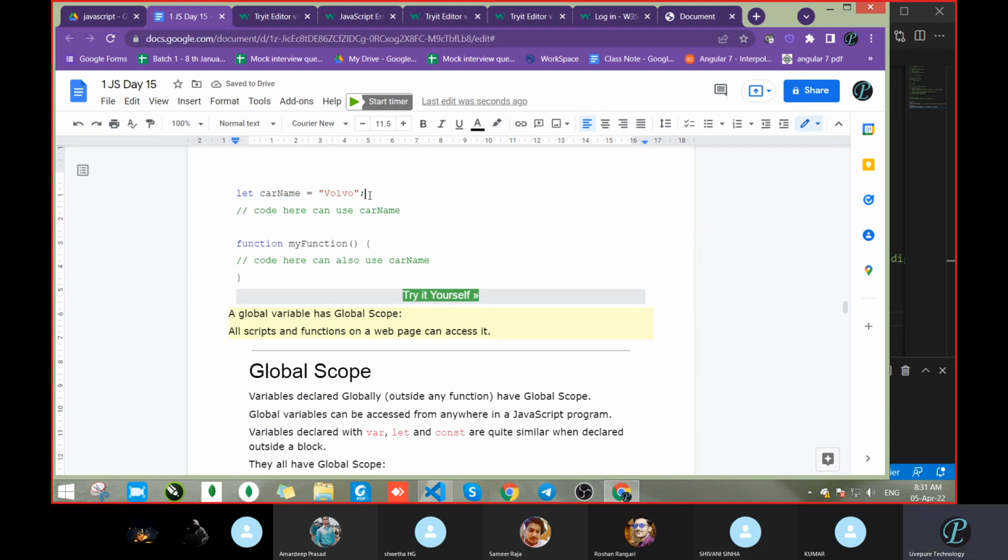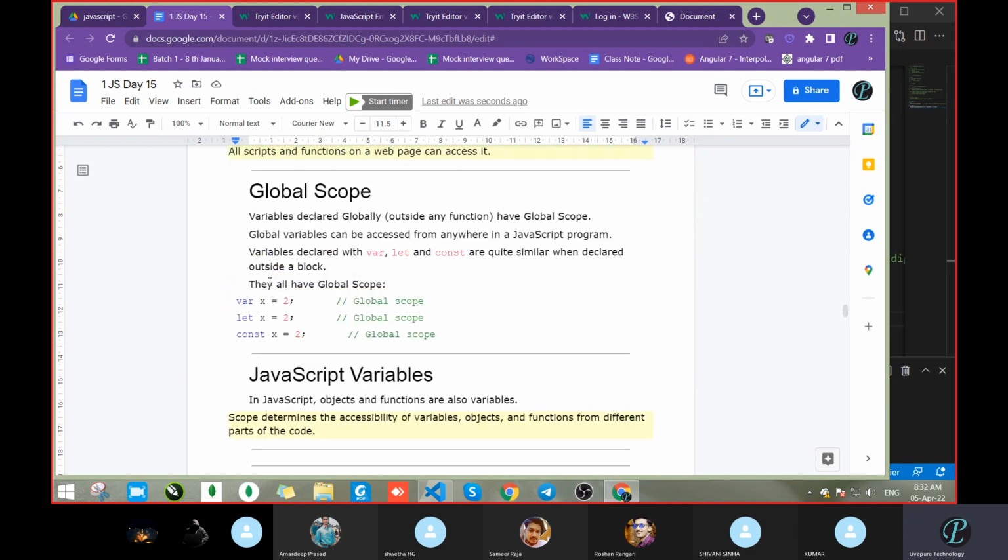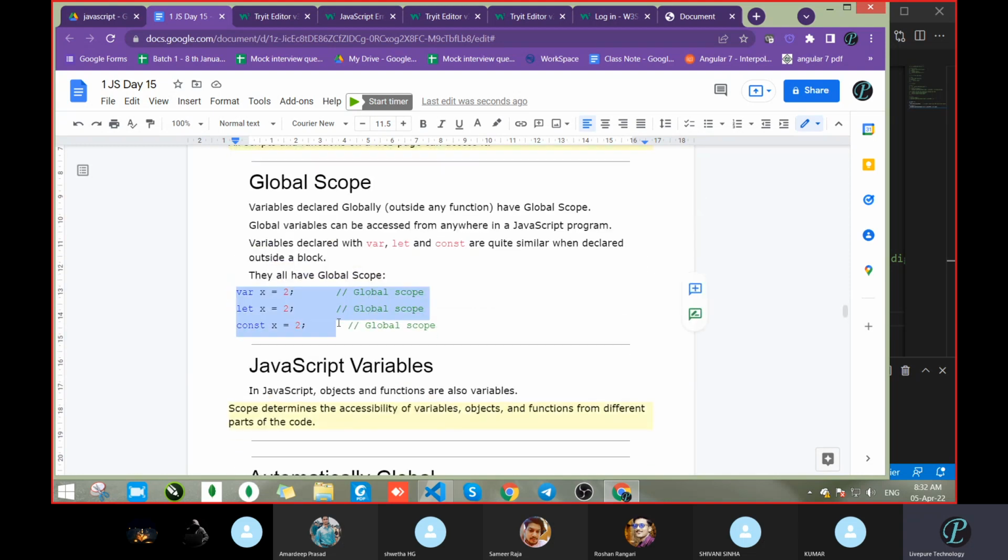And keep in mind, in interviews they ask what is local or what is global. If you go with Java, you will get three different terms, I think: local, global, and one more term. So if you define outside with let, var, anything, it will be global. Don't think that var will be only global. No. If you're defining outside, it will be global and you can access it inside also. But redeclaration and whatever properties they have will be there. So global scope means outside.